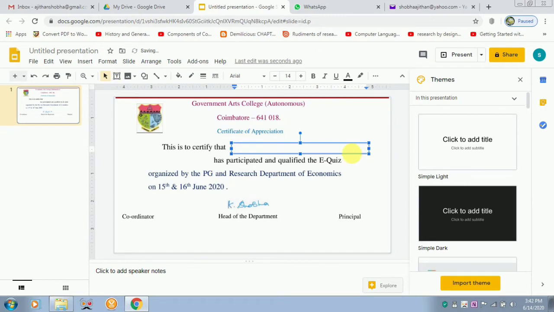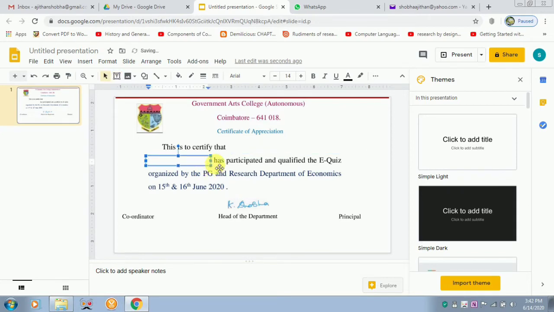Create a bigger box to include the names of persons whose name is very long.